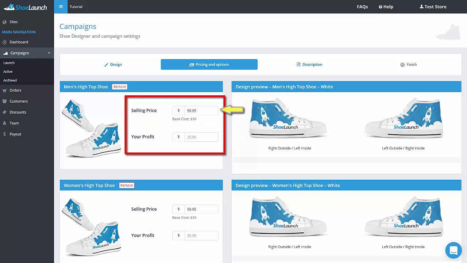The selling price is the base price of the shoe plus whatever profit you decide you want to make on top. For each product, we've loaded the shoes at the suggested profit and selling price, but you can change it however you like. If you want to make, let's say, $30 of profit, just come right here and enter 30. If you want to make, let's say, $15 of profit, you can enter 15. We suggest doing $25.95 profit for the high tops, since we see that the best selling price for high tops is